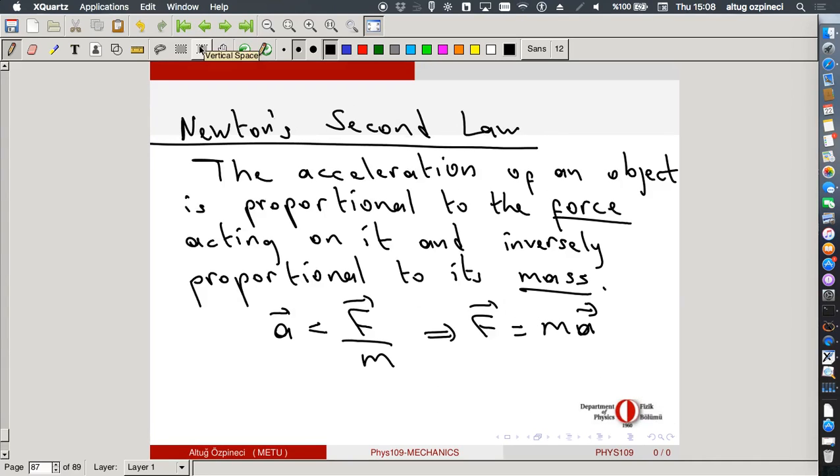And if we go back to this one, we can determine the mass by this simple setup. Once we measure the mass, if we want to find the force acting on an object, we just take its mass, multiply it by its acceleration, and that product tells us what the force acting on the object is. What is force? Well, force is anything that creates acceleration. What is that? We don't know. We have another explanation for the force, but I will go over it in a moment after your questions.